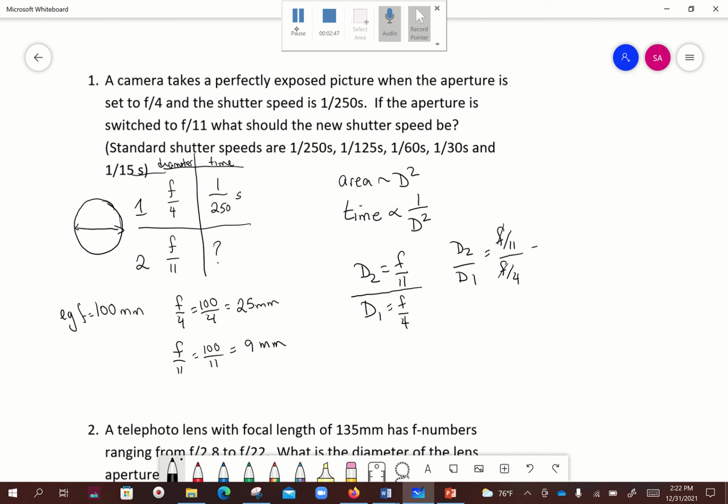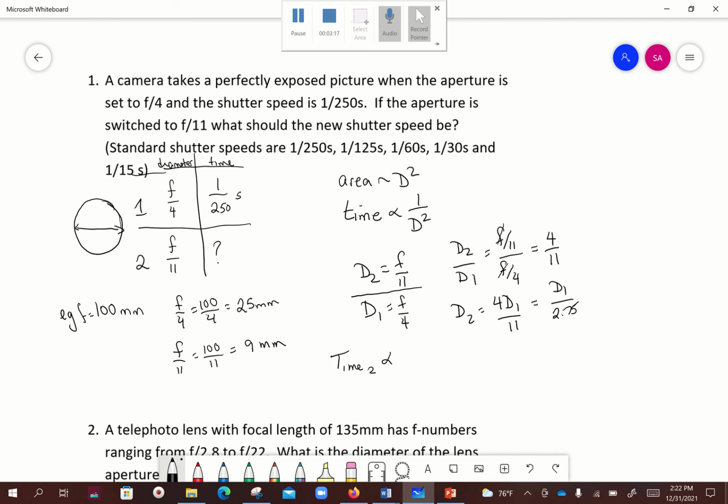Right, so the f's cancel with each other. I get 4/11. So d2 is equal to 4 times d1/11, which is d1/2.75, it turns out. Okay, so since the time is proportional to 1 over the diameter squared,